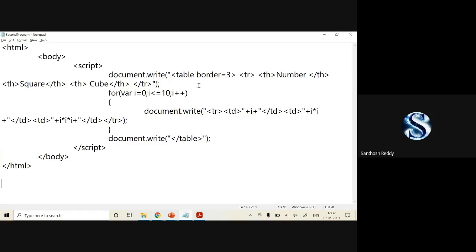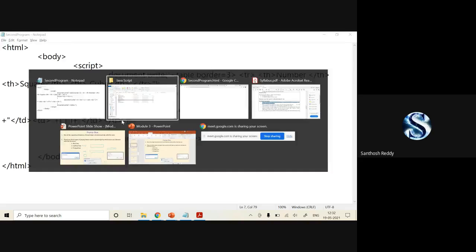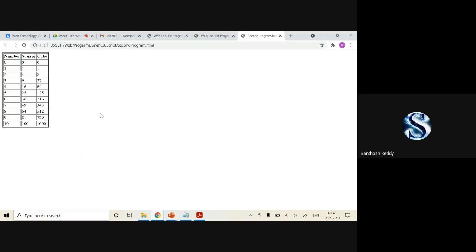My table border is equal to 3, for i is equal to 0, i plus plus. Here I missed it. I'll save this code and refresh it. Now you can check it out.